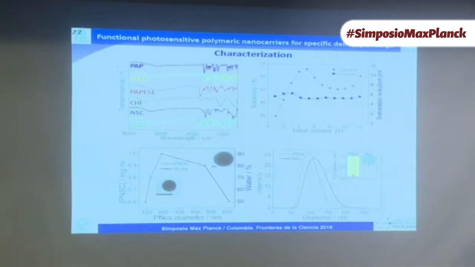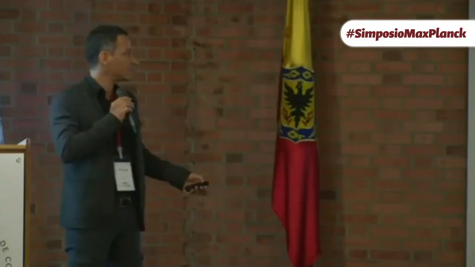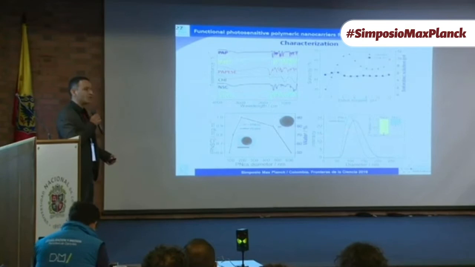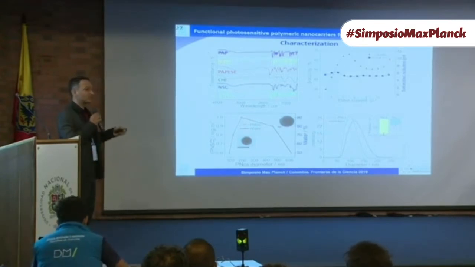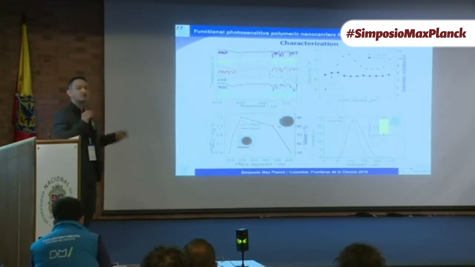So we developed photosensitive nanoparticles, encapsulated the dofetilide, and functionalized the surface of the nanoparticles with a cardiac targeting peptide. This peptide is helping us to internalize the nanoparticles in cardiomyocytes in a very efficient manner. After internalization, by exposure to UV light, the drug is going to be released inside the cells. So in the first step, we characterize the polymer by infrared and solubility testing, and also changing the concentration of monomer and the aqueous-organic phase ratio in order to have different nanoparticles with different size.